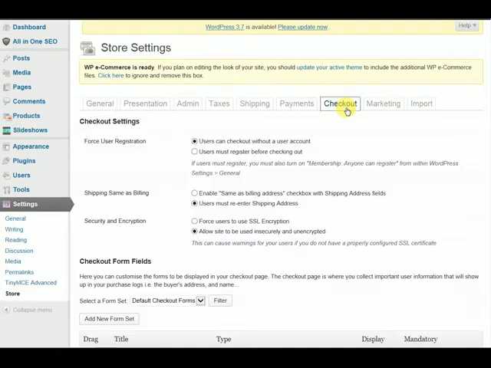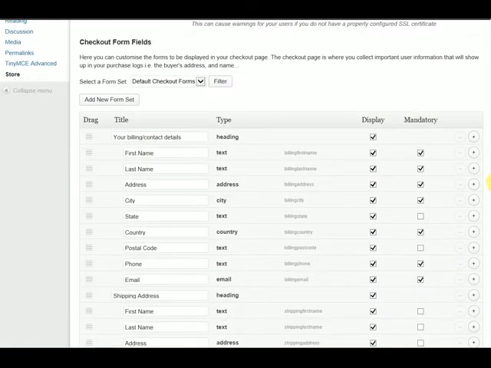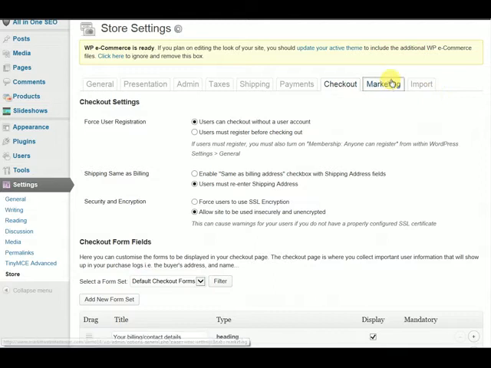And checkout, it's got a few other things. Just go ahead and read them. If you want to force them to have an account before they can start purchasing products, you can tell them to do that here. I suggest if you're just starting out, please practice on the test page, and it's up to you to do that. I probably wouldn't do it. Let them purchase something and leave. If you feel that you really need them to have a membership with you, then that's fine. Do it. There's all the settings here, and marketing,